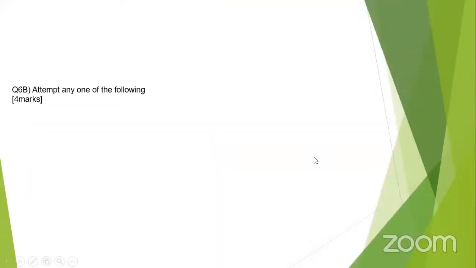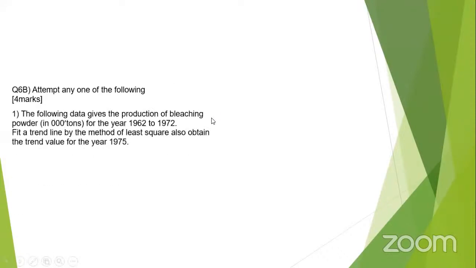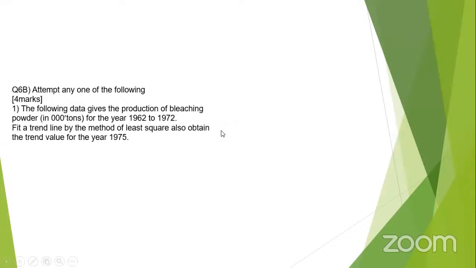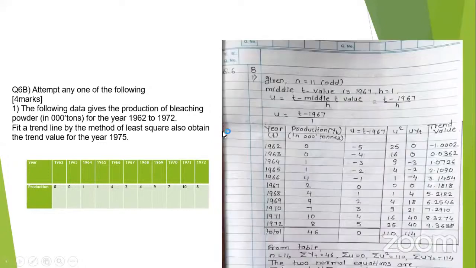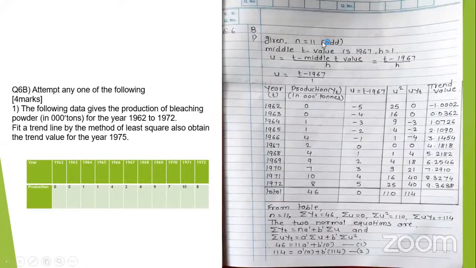Question number 6B, attempt any one of the following. So data is given. It is from the time series. We have to apply the least square method. Okay, now n is odd. Whatever is given, we have to use here, make a tabular form, and this trend value calculation, no need to